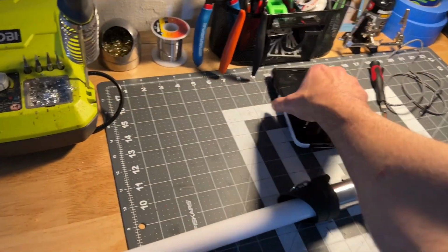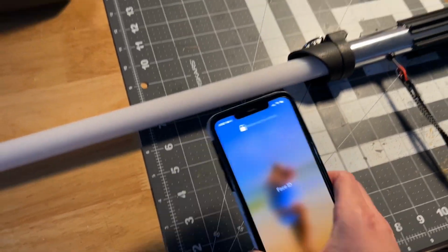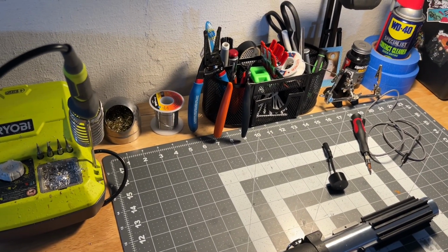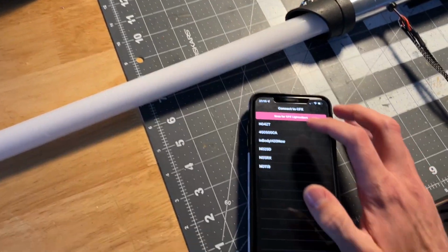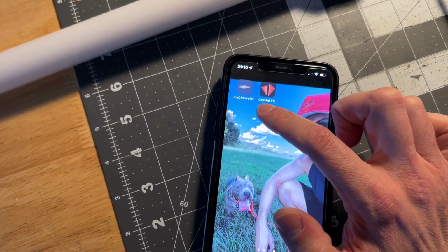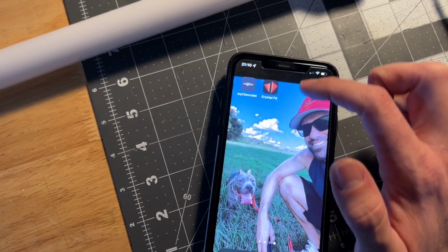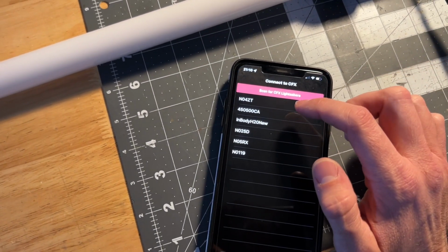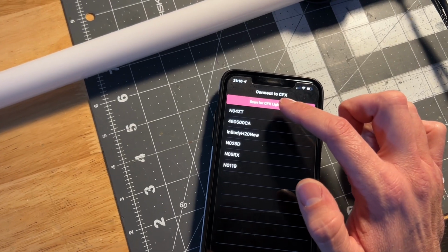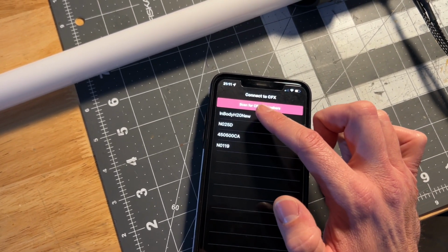Now here's where the next part comes in, right? Total control. We're going to go here into, let me log into this. Let me show you what this app looks like. It's called the Crystal FX, Crystal Focus. Look at me and my dog. So this is the font, right? The Bluetooth. So you're going to hit scan, right? And you're going to pick